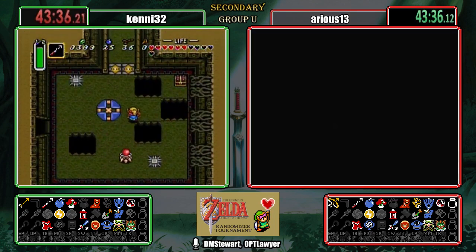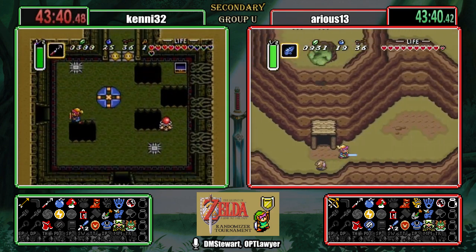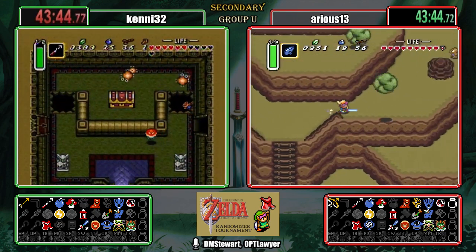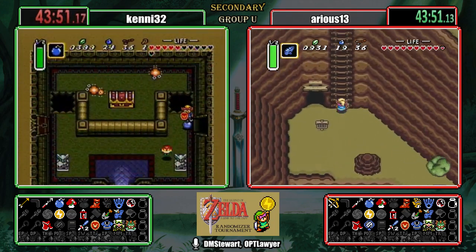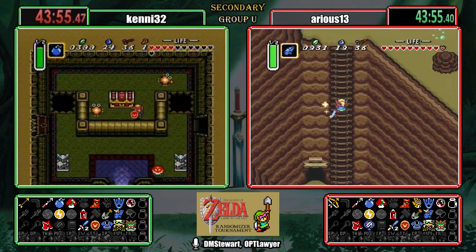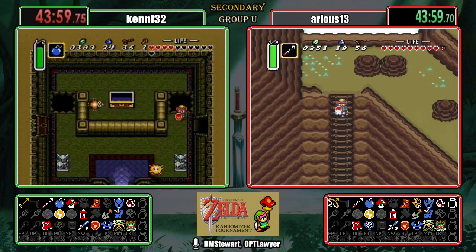We have some mixed feelings in the chat here. Some people are calling it the Redeemed Hype Cave, and some people are saying it's pretty good. So Arius is probably heading up to do Tower of Hera. Yeah, that would be a good time to do it. You've got the mirror, you've got everything you need for it, and afterwards you can actually check the dark side of Death Mountain, so...